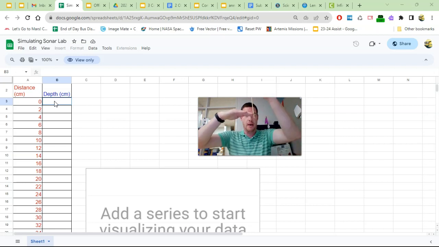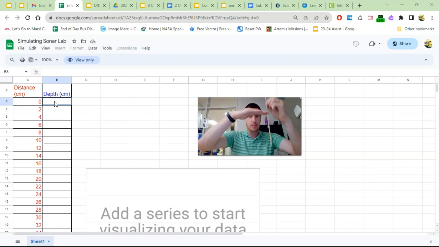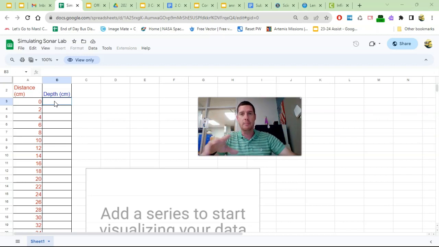But because we're measuring below the water surface, because remember, we're the boat, and the boat is sending signals down, and they're bouncing back up to the boat and telling the boat what's under there, and then they're sending another signal down, then they're sending another signal down. So we're replicating the boat. So we're measuring everything below the surface, or below 0 feet of elevation. We're measuring below 0. So guess what? Our y-axis is going to be negative. So all of our depth numbers that we're going to plug in this column, like the 16 and a half, that's actually going to go in as a negative 16.5.